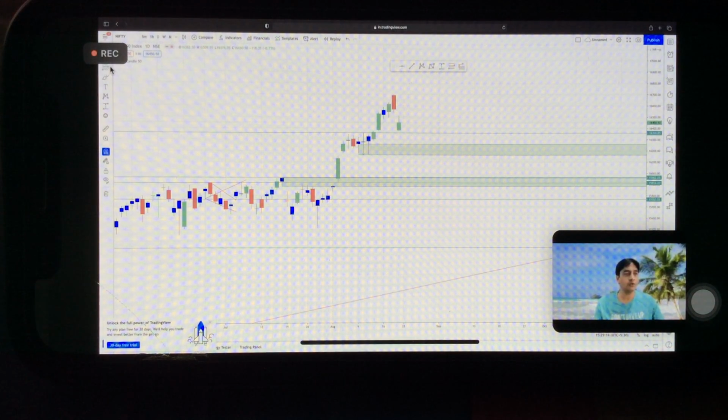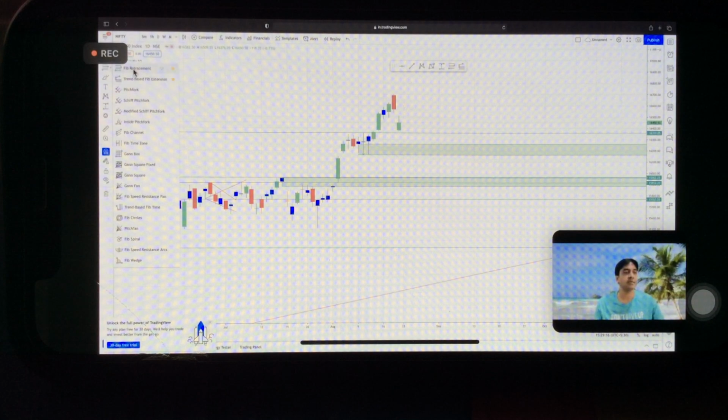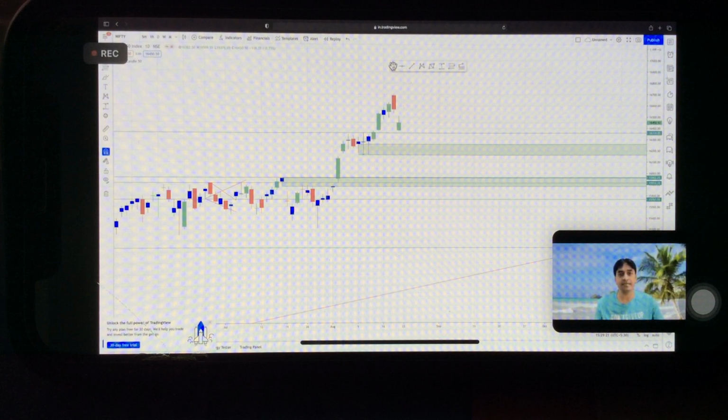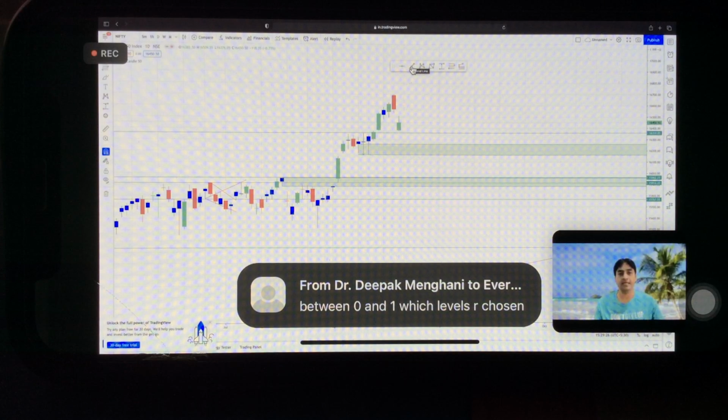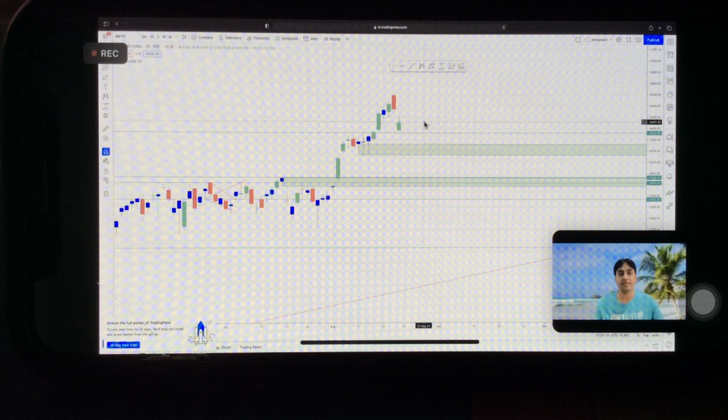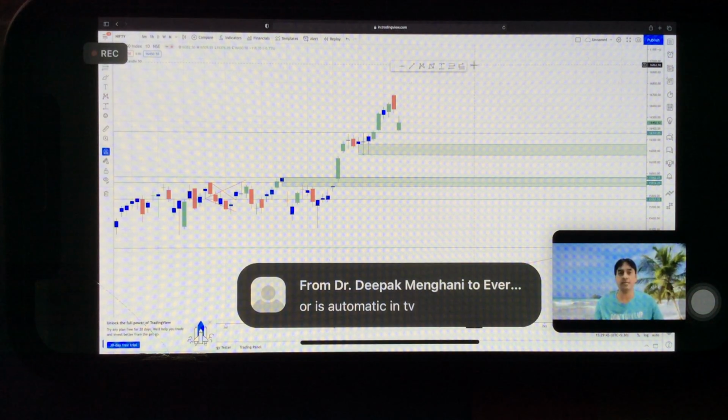So, how to use? Only these two tools you make favorite, so they will be easily available. You can see here, this is my favorite list. I need a horizontal line very frequently. I need a trend line. I need the XABCD pattern, which we will be learning in the next session, harmonic patterns, right? Then I need the ABCD pattern, which we will be learning today. I need price range, I need Fibonacci retracement, and I need trend based Fibonacci extension. That's all. These are the 7 tools which we will be using.